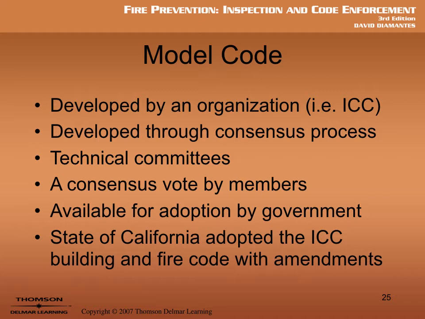And in these committees, they talk about the laws. And hey, maybe we've been too strict here and we don't need to do that. Or hey, the latest statistics are showing we're not making a wide enough aisle for people to get out of. We need to change that. And so they get together every 3 years. It's a 3-year process. So they get together, they look at the code, they get in technical committees, and they review it. When they are done reviewing it, they make a consensus vote. And when they vote on it, then that's going to be their model code for the next 3 years.